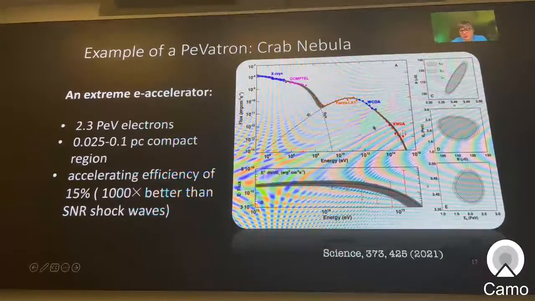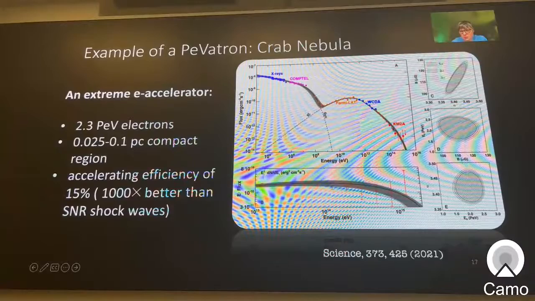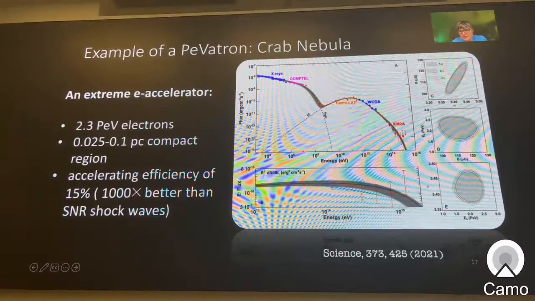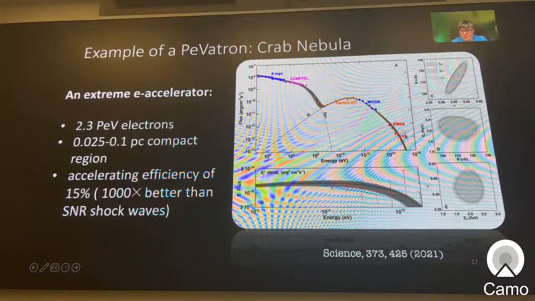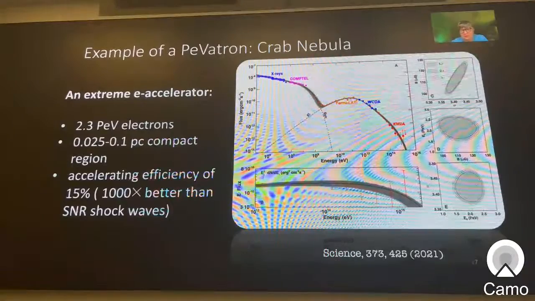One thing I wanted to point you to is here in this model: you see that there is a discrepancy at the highest energies, about 50, 60 TeV, up to 500 TeV, and then you also see this excess. They are speculating in this Science paper that this might be due to the fact that